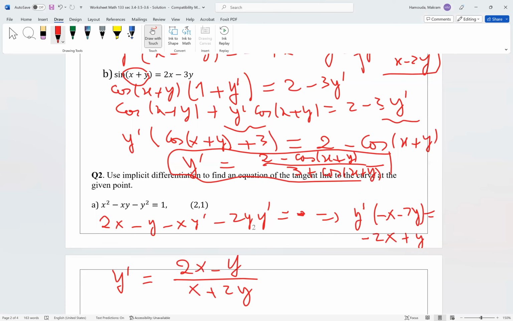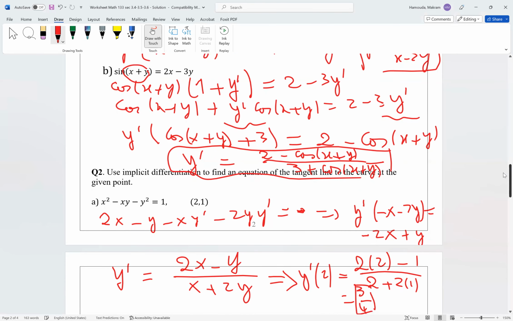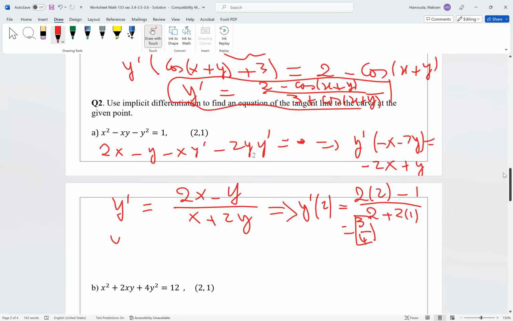Now at the given point, y prime at 2 is equal to 2 times 2 minus 1 over 2 plus 2 times 1. So this gives 4 minus 1, 3 over 4. So that's the slope at this point. Now to find the equation of the tangent line, you need to write this equation, y minus 1. I mean here, this is the y, and this is the x of the point. So y minus 1 equal to 3 over 4 times x